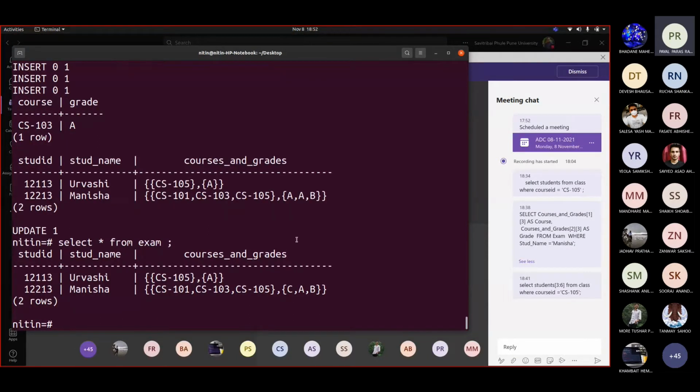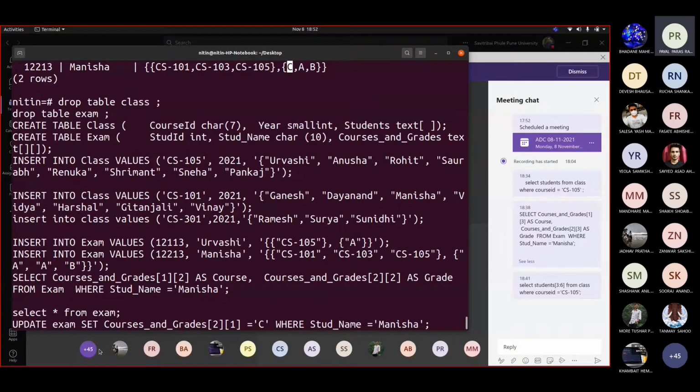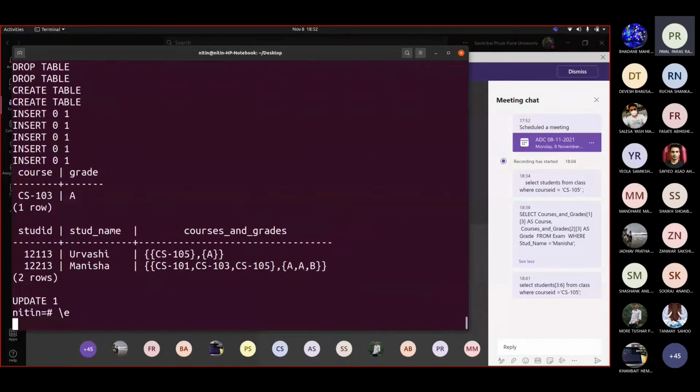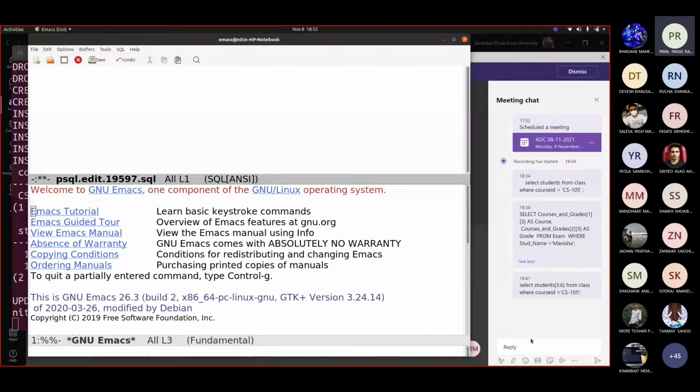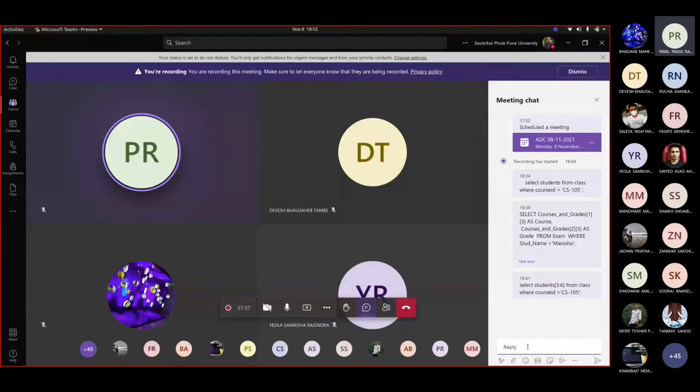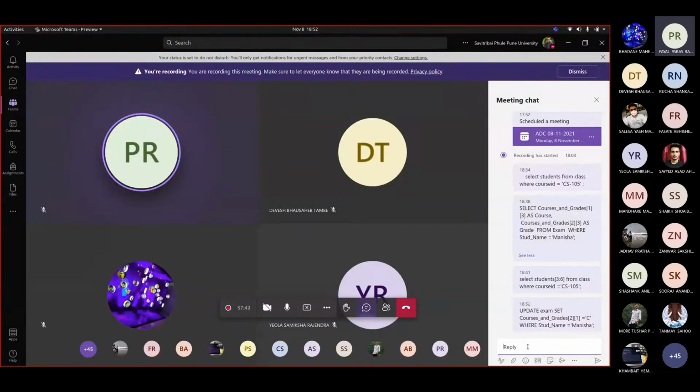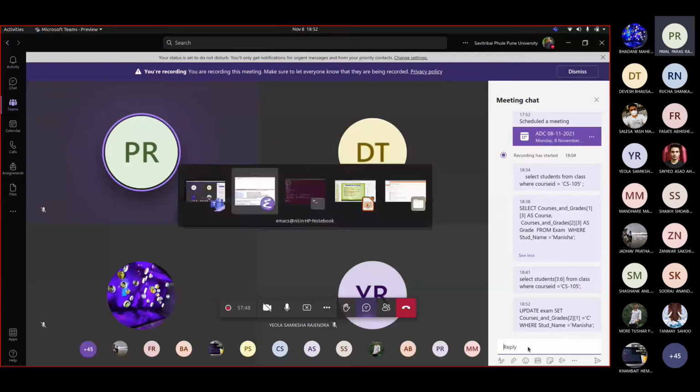Yeah, you can see this. Okay, so we added it like this. So it should be single quote. Sorry, my mistake. Slash e. I will add it here. Update. So it should be single quote. My mistake. I forgot that I had made it single quote, double quote.